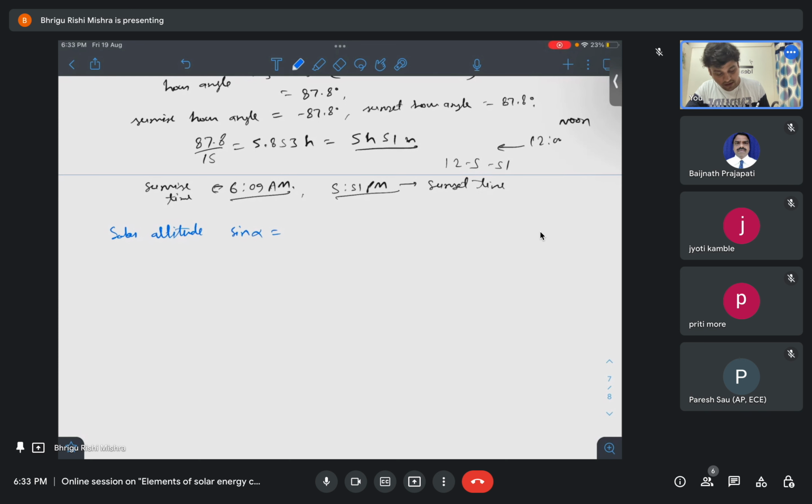So sine alpha is sine delta sine L plus cos delta cos L cos omega. If you put all the values, we already have delta, L and omega, you will get sine alpha is around 0.337,